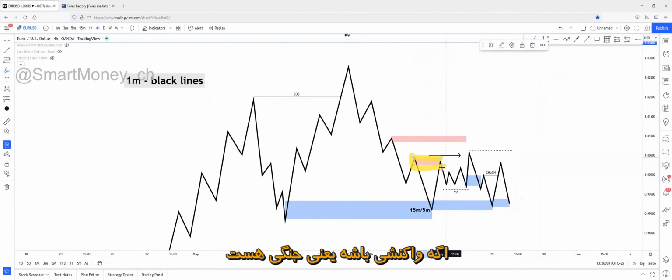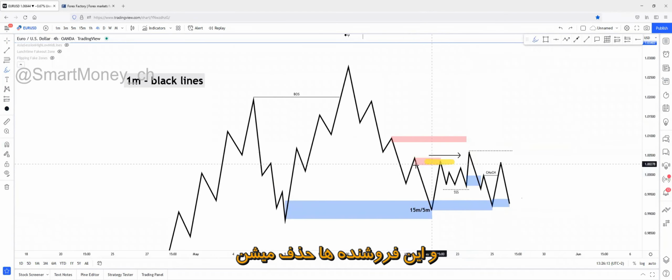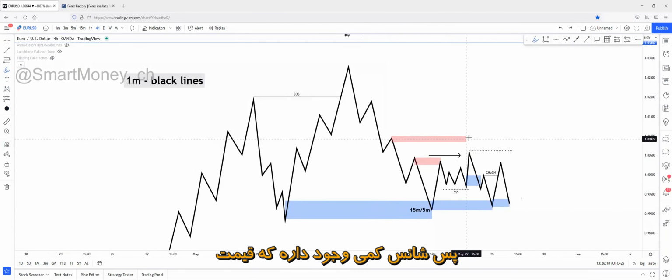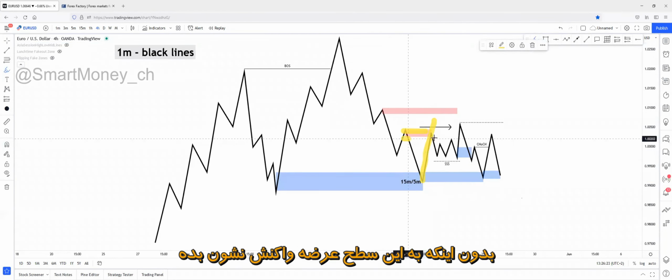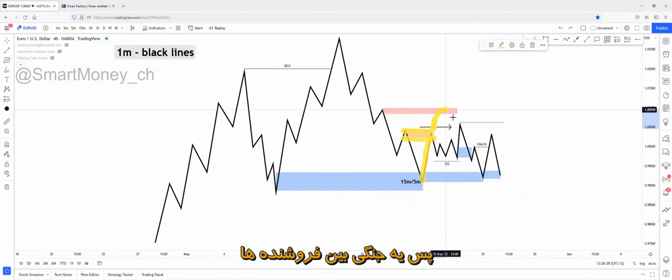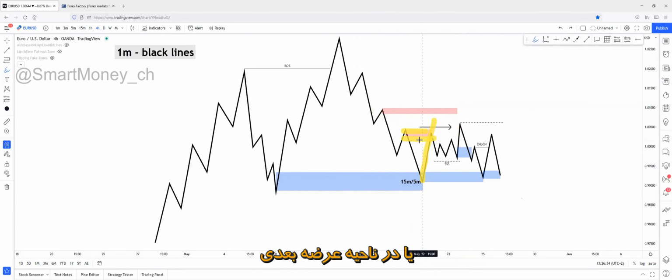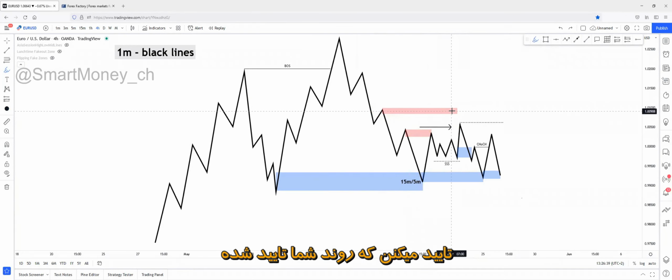So if there's a reaction, there's a battle between the sellers and buyers. Sellers will be swept out from this movement. All of the sellers have been deleted. There will be fewer sellers on this supply zone, so there's a lower chance that price will react on this supply zone. If price simply creates a change of character right here without a reaction on this supply zone, that means that sellers are placing their orders right here. So there will be a battle between the buyers and the sellers of the next recent supply zone. And that's why I prefer flips over change of character, because flips are actually confirming that your trend is being confirmed. The trend that you're trying to trade is on the right side, and you're on the right side of the market.